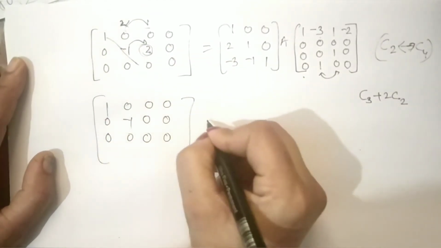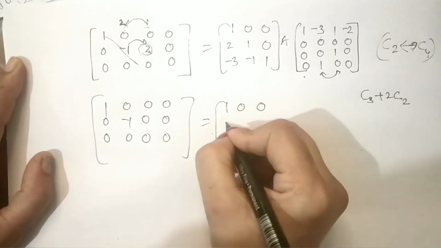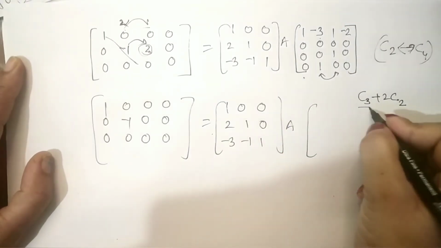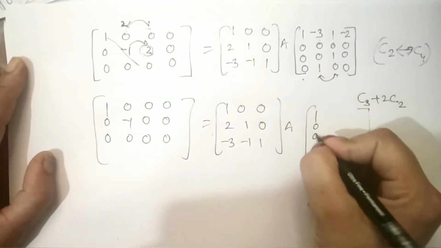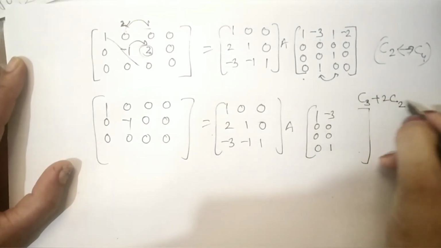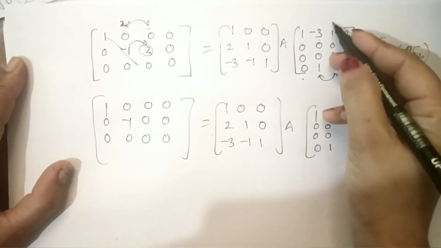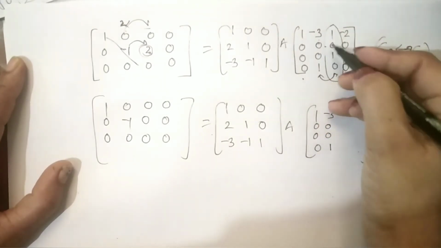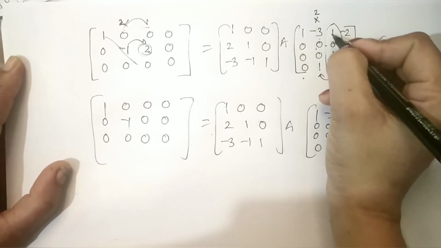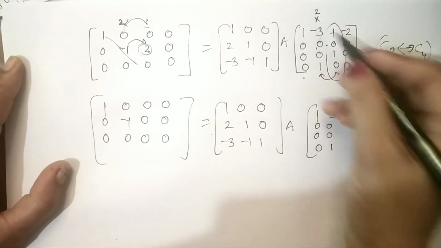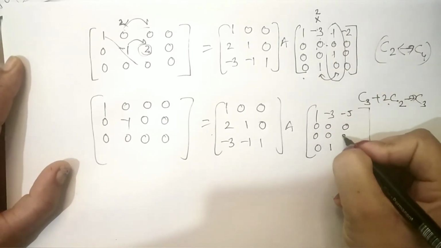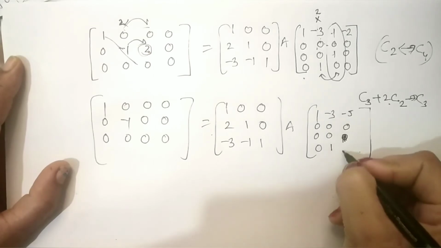It is already 0. On the other hand, keeping the matrix according to row operations as it is, A as it is, and the column operation here will give us what? The changed third column, because this is operated on third column, so only third column is going to change. So third column is going to change according to this operation, that we multiplied it with the 2 and add it to third column. So 1 minus 6 will be minus 5, 0 minus 0 is 0, 1 plus 0 is 1,